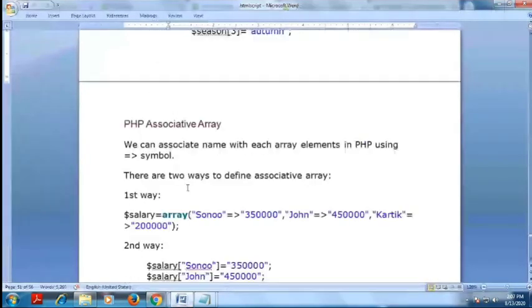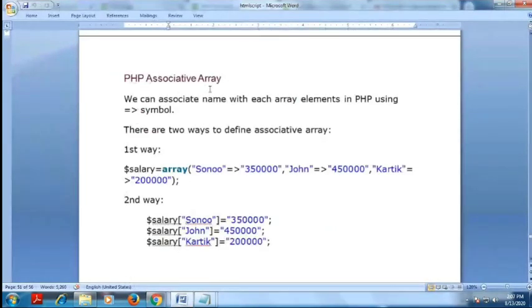Then we go to another type, the PHP associative array. We can associate a name with each array element in PHP. The arrow symbol represents that association. There are two ways to define an associative array.